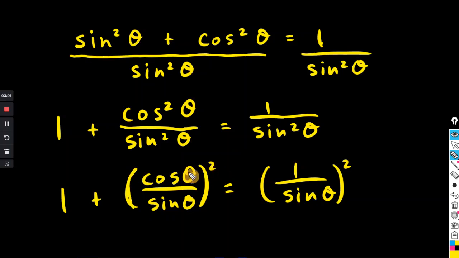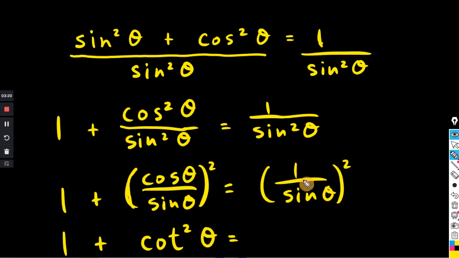Okay, because you're squaring the numerator and denominator individually, so those are equivalent. And we said a minute ago, sine over cosine is tan, cosine over sine is actually the cotan, and that's squared,